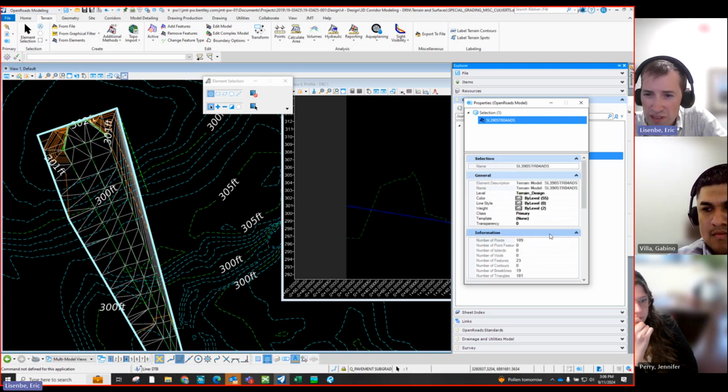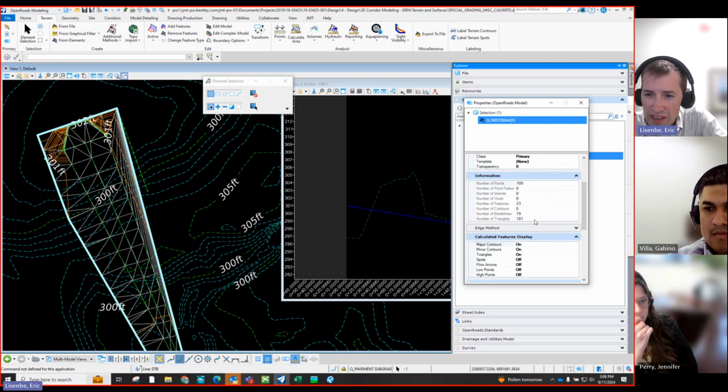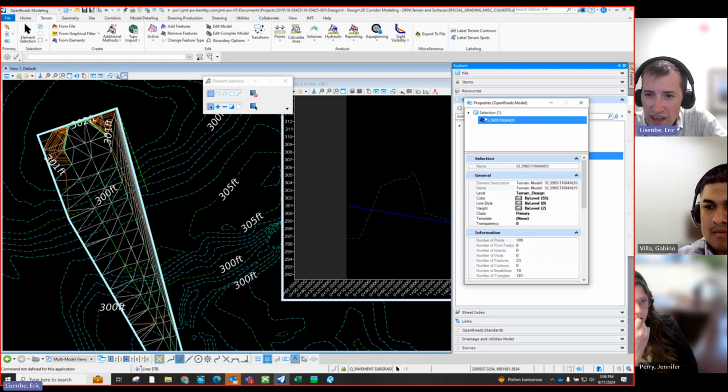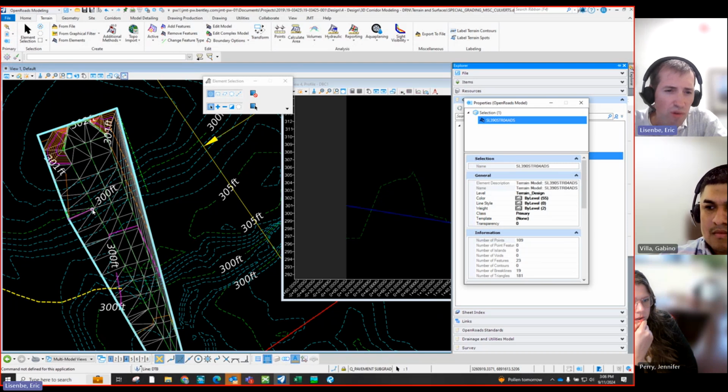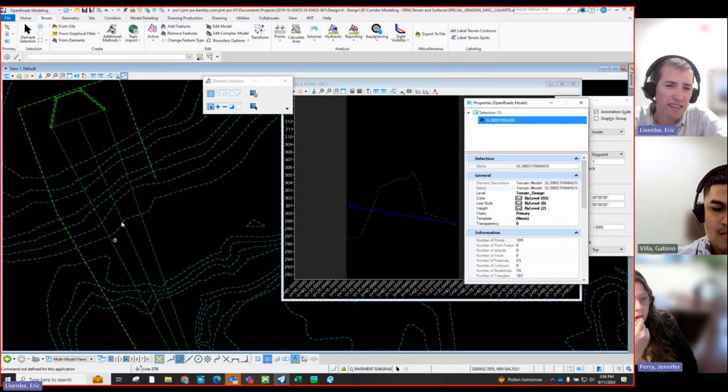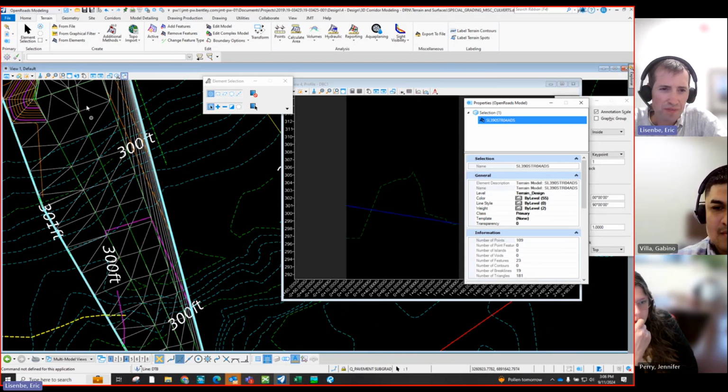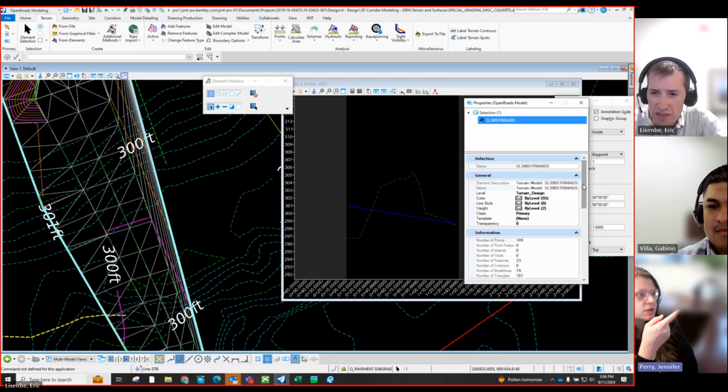Where's the contour settings? I always forget how to get to that. What are you trying to do? See more fine detail on the contours. Yeah, so you can go up to element template, like go up to home,